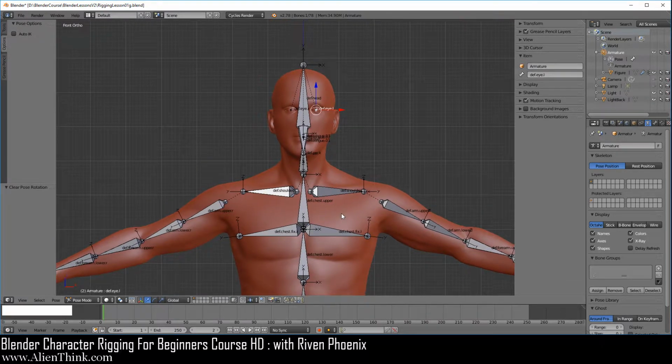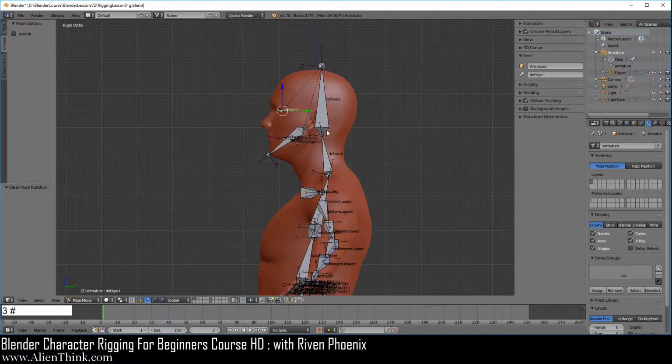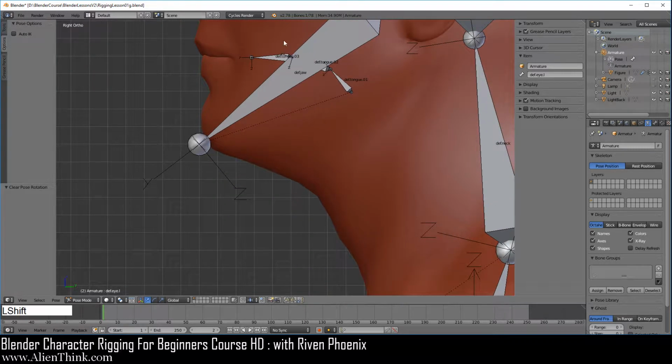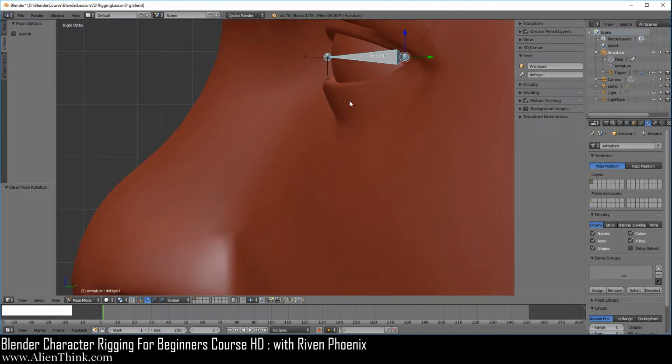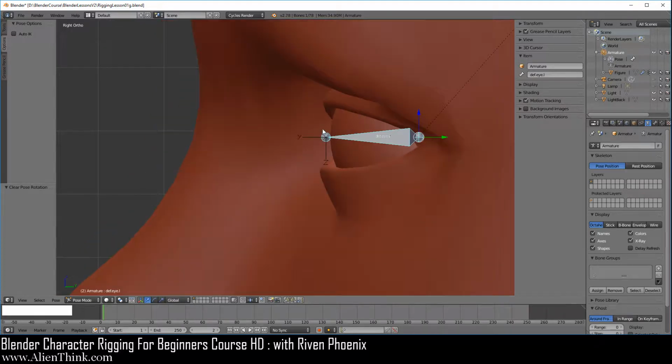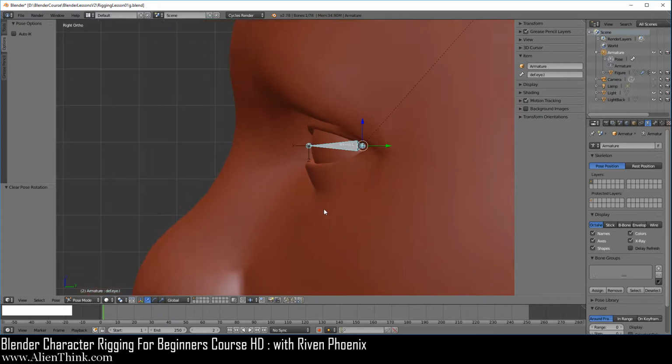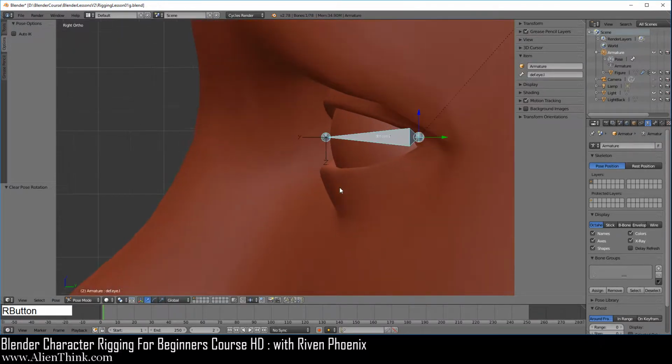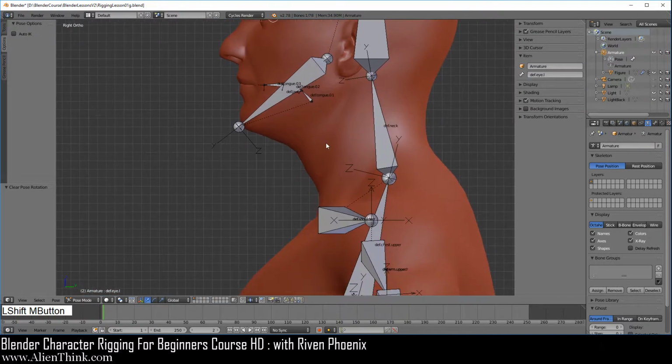Okay, now you'll notice that if we press the 3 key and zoom in over here, shift middle mouse button, as I said, because we placed the bone out over here, it's going to shoot rays out and try to capture this area over here of the face. And when we press the R key, you can see that that's exactly what's happening over here. Okay, now go ahead and zoom out over here.